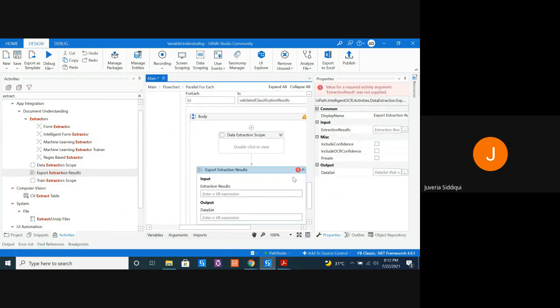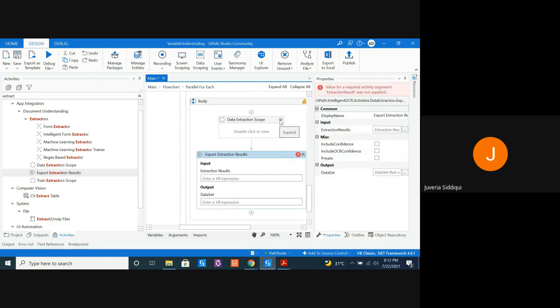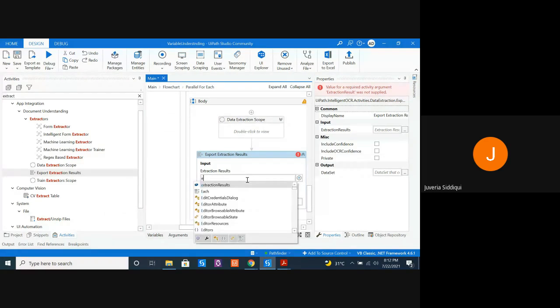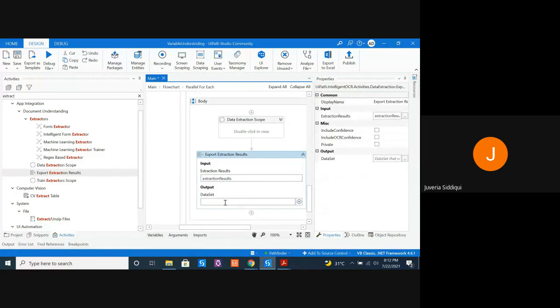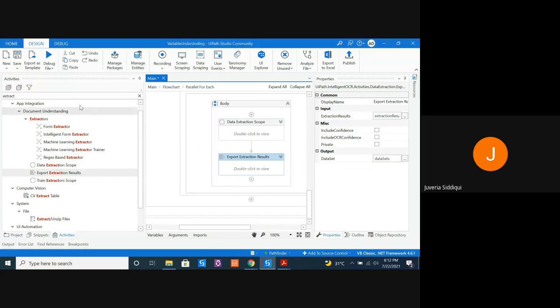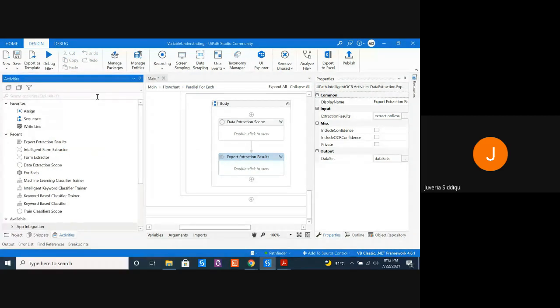To export this, you have to write the extraction results into an Excel file. So our extraction result is in this variable, and let's create the output from this activity as data sets.